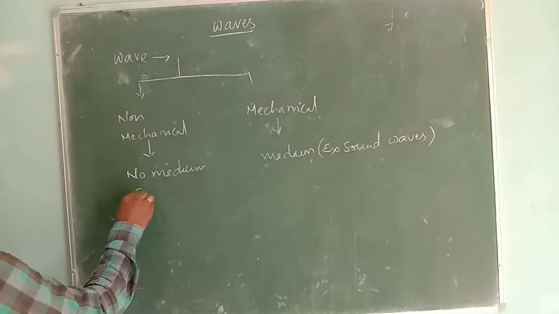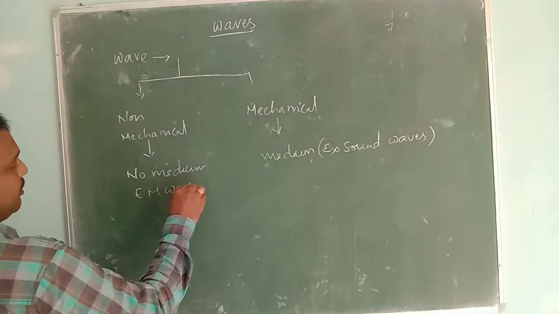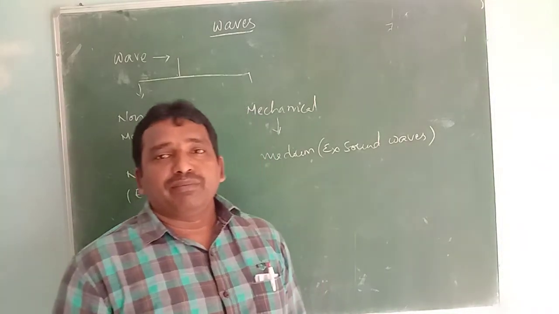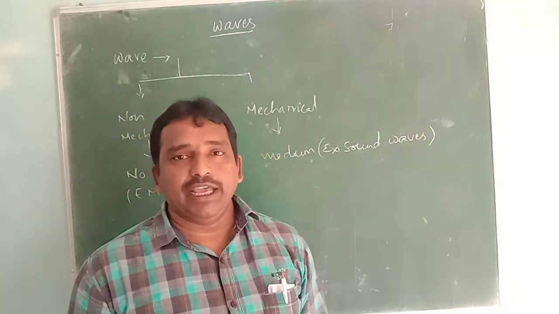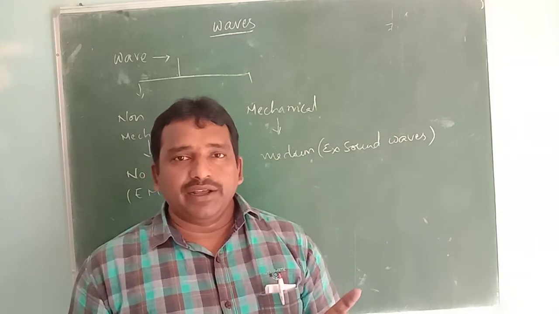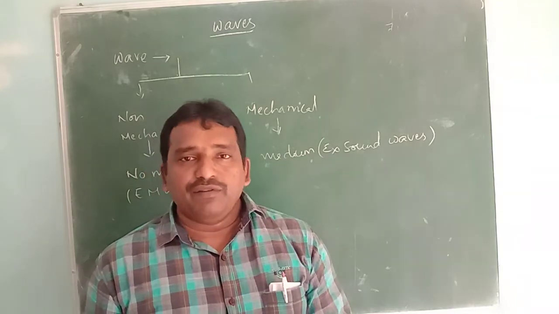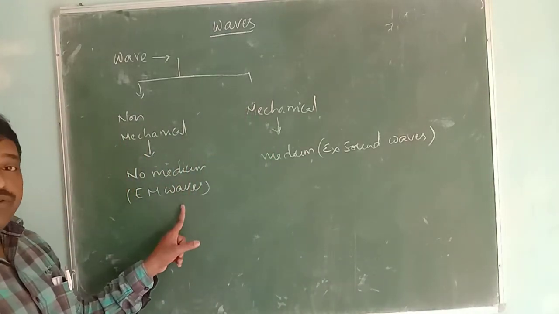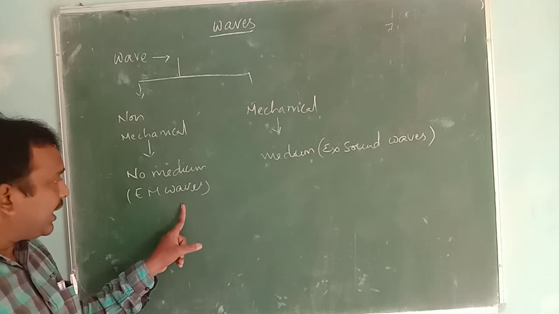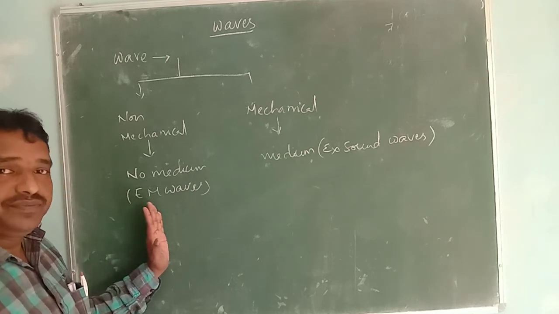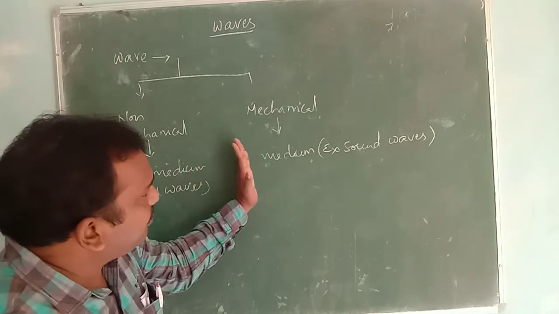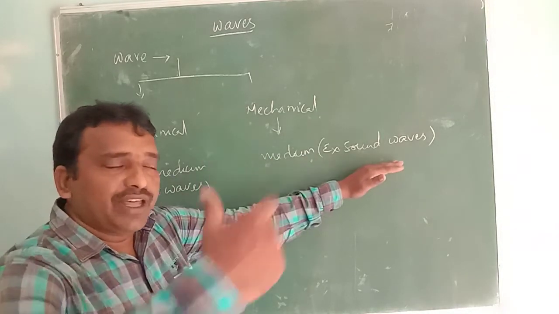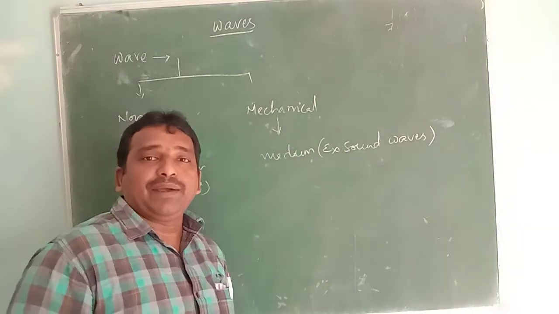Here, electromagnetic waves can be simply called EM waves. Electromagnetic waves might be X-rays, infrared rays, light rays. Those are in the form of light, and those can be taken as electromagnetic waves. Heat radiation can also act as an electromagnetic wave. Right. Here, mechanical wave means sound waves. Sound waves can be transferred from one place to another only by means of the medium.